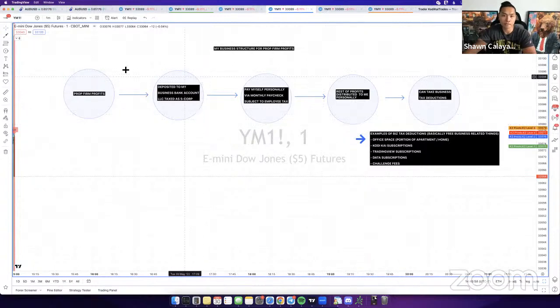So if you're in the US, this is probably the route that you want to take. If you're in Europe, there's probably going to be something different. And if you're in Dubai, like Hussein, none of this even applies to you. You're fine just taking the money as is. Yeah, no problem, Richard. All right, so let me clean this up real quick.